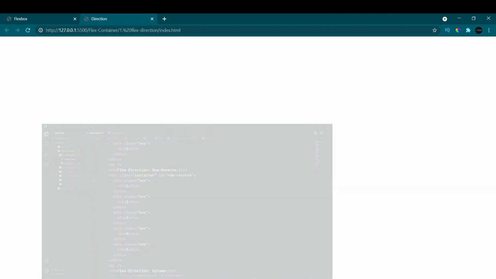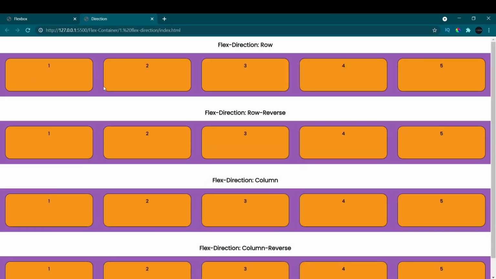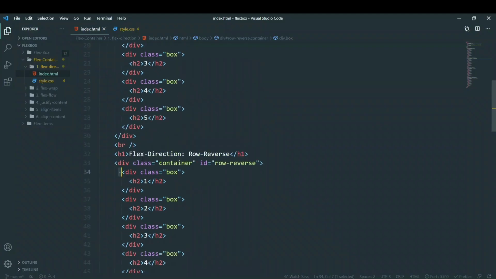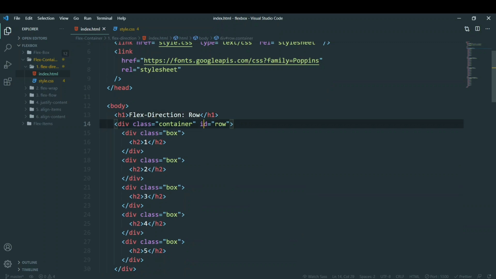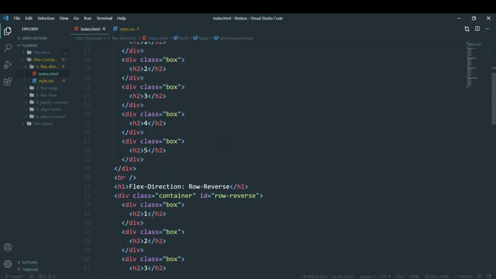Now let's see here. If it is in row and I want to change it to column, I can do that by using this flex direction property. Now how can I do that? So let's go to our code, and here you can see for every h1 that is there, I've added an id. So special id is given: row and row reverse. These are the names of the values of the property that is flex direction.